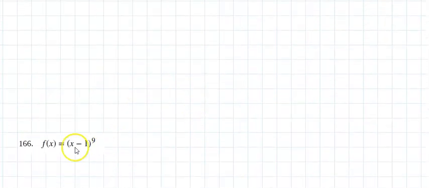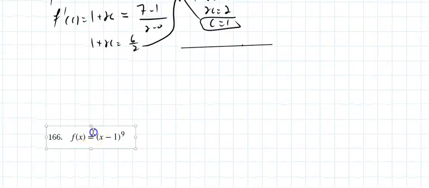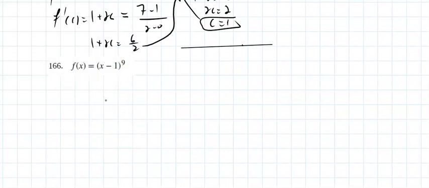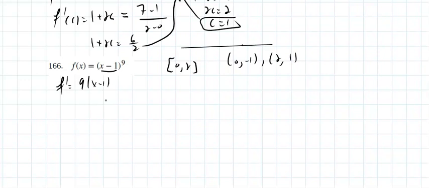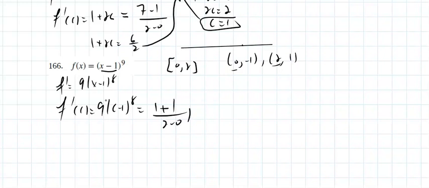Pretty much it's the same work over and over. Let's do that one as well. We're looking at the interval between 0 and 2. So if I plug 0 in, I get negative 1 to the 9th, which is negative 1. If I plug 2 in, 2 minus 1, 1 to the 9th, that's 1. The derivative is 9 times (x minus 1) to the 8th. f prime of c is 9 times (c minus 1) to the 8th, and that equals y2 minus y1 over x2 minus x1. So we're solving, where does 9 times (c minus 1) to the 8th equal 2 over 2,